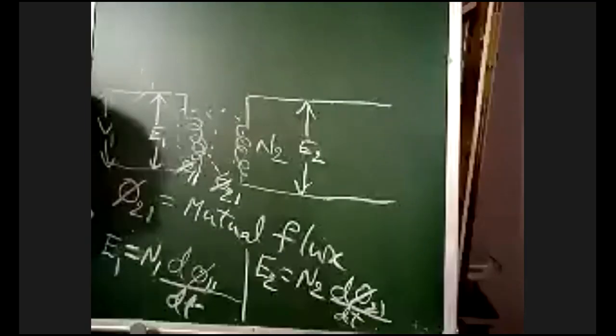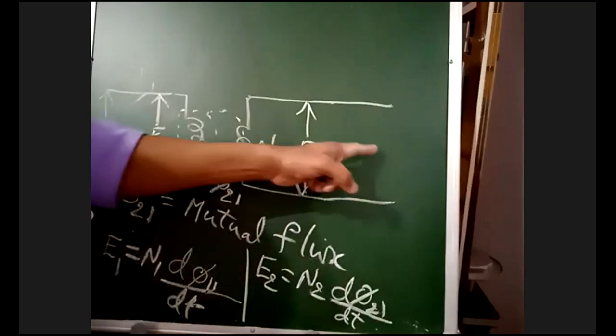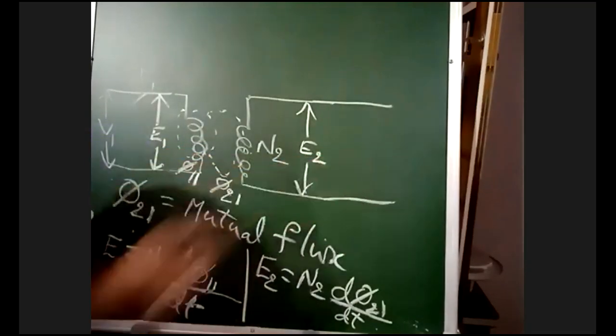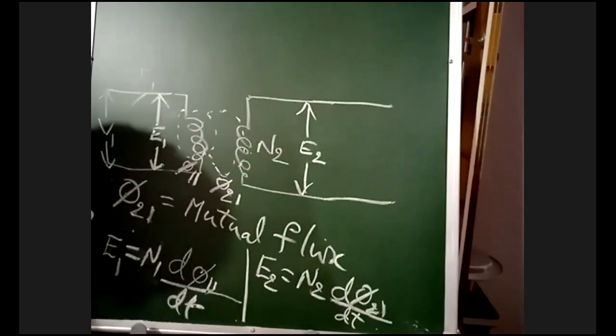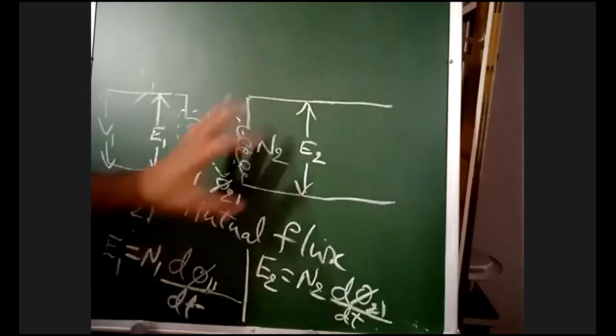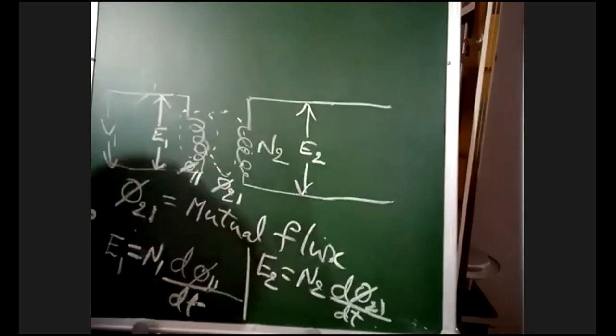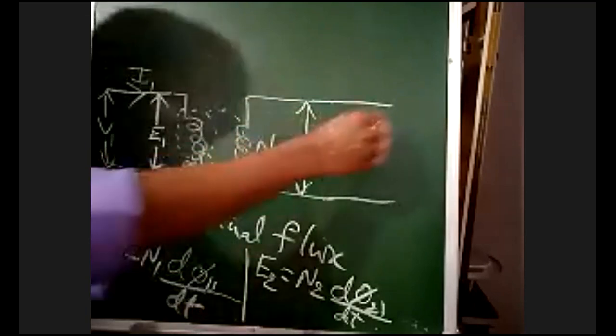Okay. Now here, open circuit is there in the secondary winding. Now, what is the voltage in this open circuit? E2 is the voltage. Whatever voltage you are having, the same voltage is appearing here in the open circuit. In open circuit, you'll have the voltage, but current is zero. Now I am providing the closed path for this open circuit.